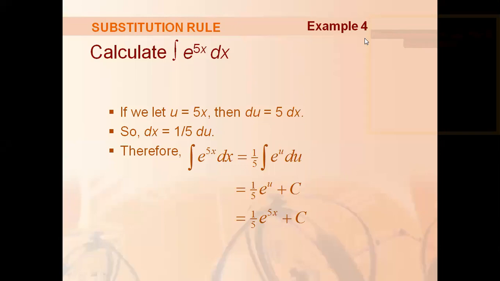By using the substitution process, we can find the integral of e to the power 5x dx. What will we do? We have to put 5x equals u. Then the differentiation of u will be 5 dx. So dx equals 1/5 du, and e to the power u. Same rule. And this is the e to the power u formula. Again, we have to put back the value of u, 5x. We can put z here also. Same process.